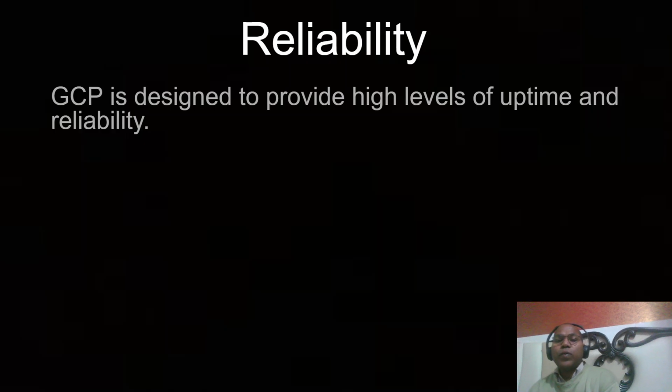GCP is designed to provide a high level of uptime and reliability. For many services, GCP offers an SLA, a service level agreement: our service is always up 99%, 99.99%, 99.99999%, the eleven nines, you can say.